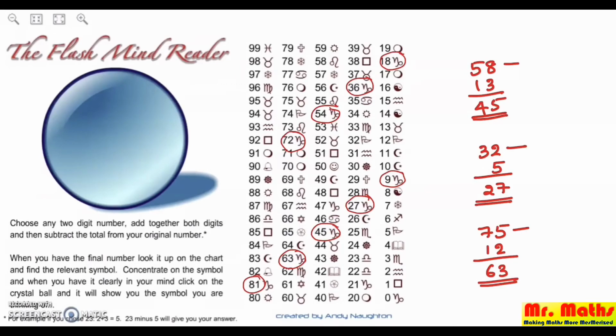So what will happen? Any person who takes a number and does all this calculation will finally get a multiple of 9. In front of those multiples of 9, all the symbols are the same, and that symbol will be displayed in this circle. You understand? That is their trick. Now, let's play the game once more so that you will understand. Let's play the game just once.